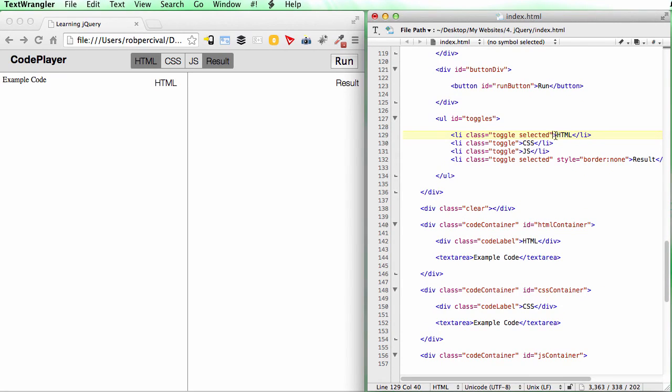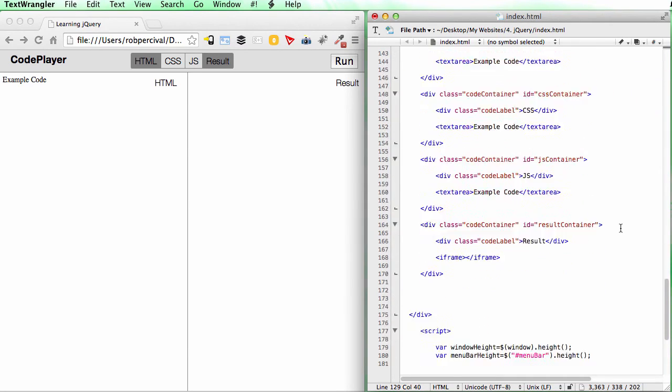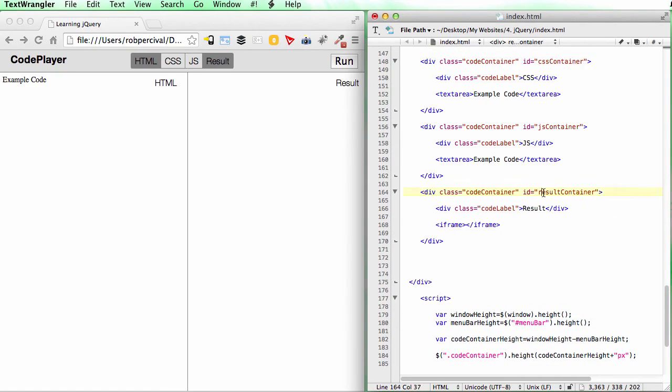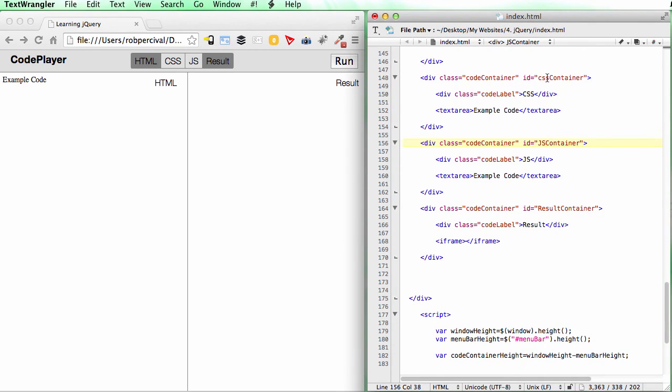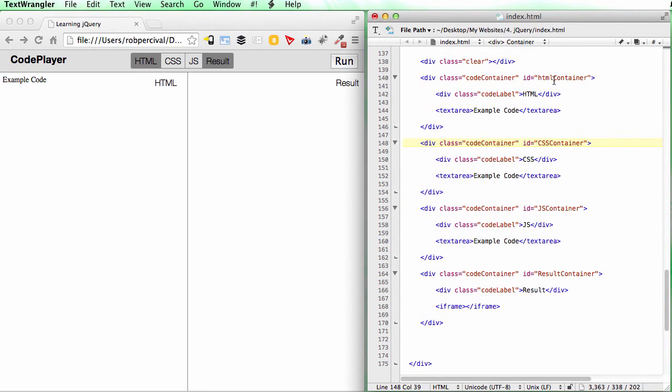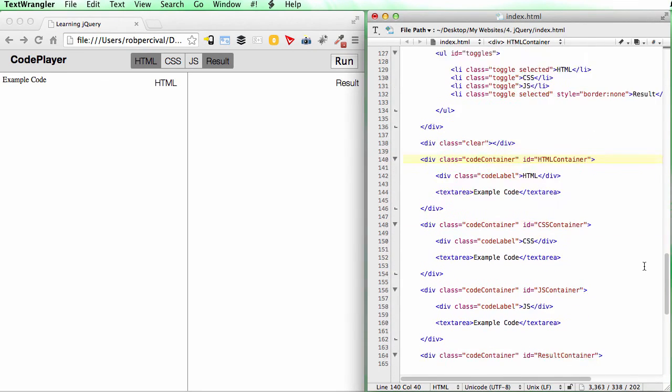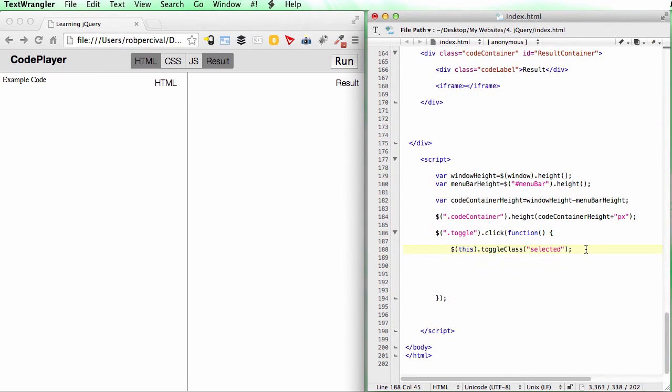What we could do actually, I was thinking of giving these an ID, but quite cleverly, because of the content of the actual LIs themselves, so HTML, CSS, JS, and result, if we change the IDs of the containers to be the same case as the actual content of the LIs, then